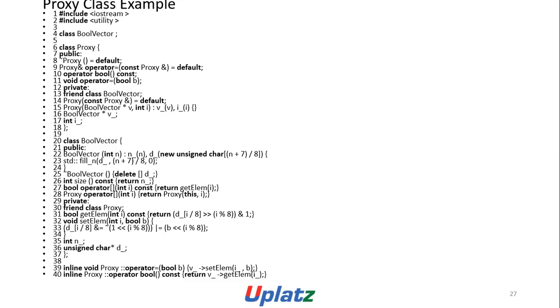Proxy operator[](int i) { return Proxy(this, i); } private: friend class Proxy; bool get_elem(int i) const { return (d_[i / 8] >> (i % 8)) & 1; } void set_elem(int i, bool b) { d_[i / 8] &= ~(1 << (i % 8)); d_[i / 8] |= b << (i % 8); } int n_; unsigned char* d_; }; inline void Proxy::operator=(bool b) { v_->set_elem(i_, b); } inline Proxy::operator bool() const { return v_->get_elem(i_); }